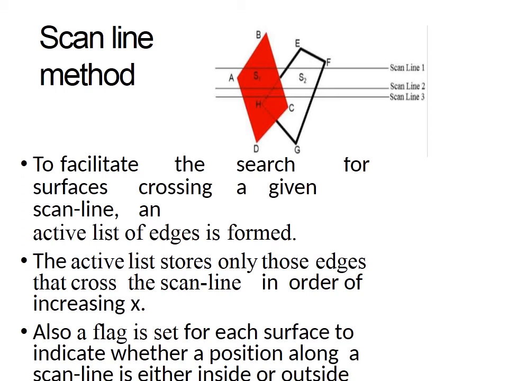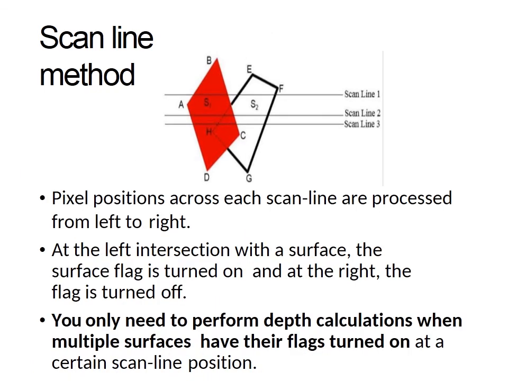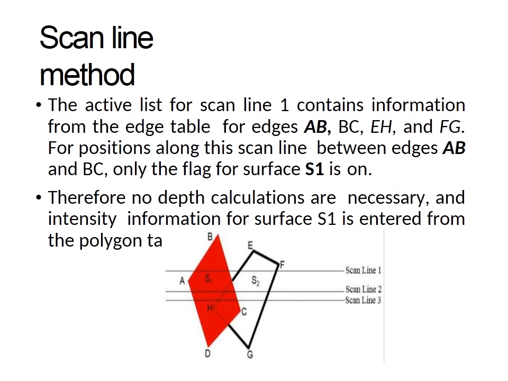Also, a flag is set for each surface to indicate whether a position along a scan line is either inside or out. Pixel positions across each scan line are processed from left to right. At the left intersection with a surface, the surface flag is turned on. At the right, the flag is turned off. You only need to perform depth calculations when multiple surfaces have their flags turned on at a certain scan line position. The active list for scan line 1 contains